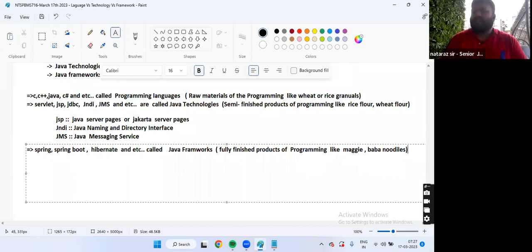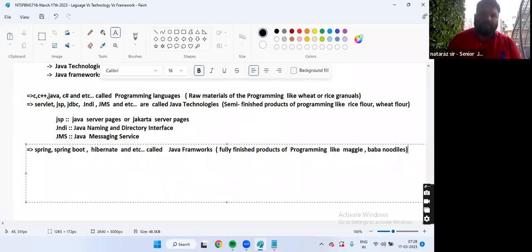Now tell me, guys, you take noodles of Maggi, boss, Maggi company or Maggi brand. Just boil them for 2 minutes, add some masala. They are ready to eat. So almost everything they provide, only we have to give the final touch. That means around 70 to 80% of things will be provided by the framework people themselves. You should know how to use them effectively and how to add that 20% very fast and how to make them a ready-to-use product. Everyone getting my point, guys?